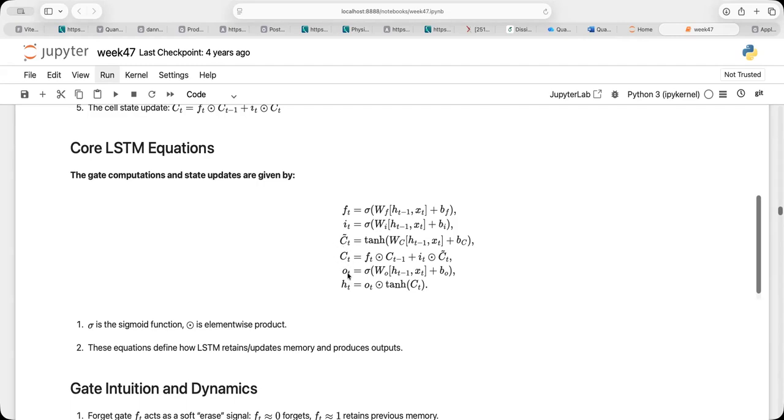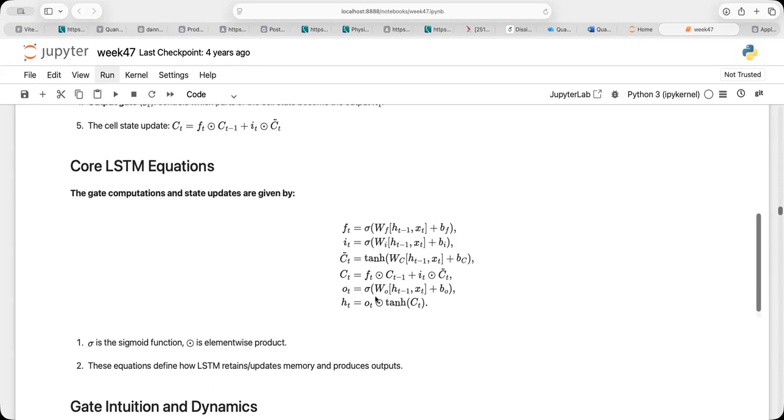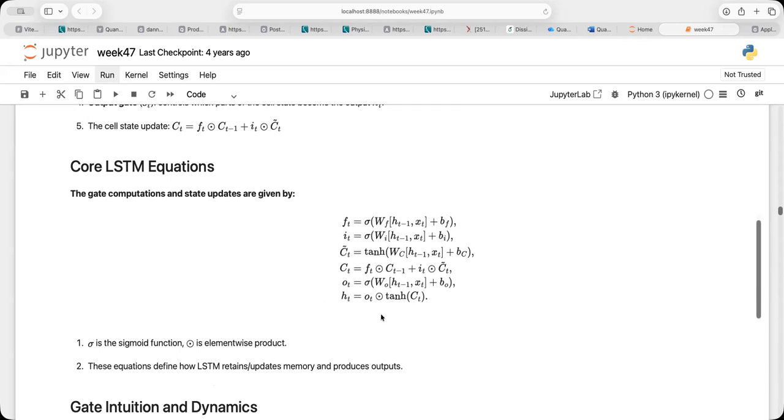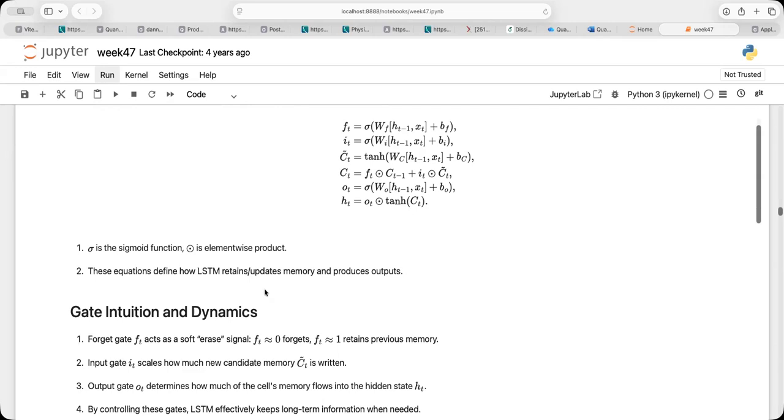And then we have the output, which is given by the previous input plus this bias, and this produces then a final output, which is given by the dot product with a tanh H containing the new memory state multiplied with the results from the output gate.